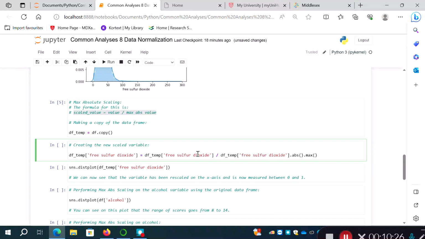So I'm taking each individual value, and this will run through the vector, the array of values in that variable, and I'm going to divide it by the maximum absolute value. In this case, all the values are positive, so we're taking the absolute version of it. Doesn't make much of a difference. But let me run that,